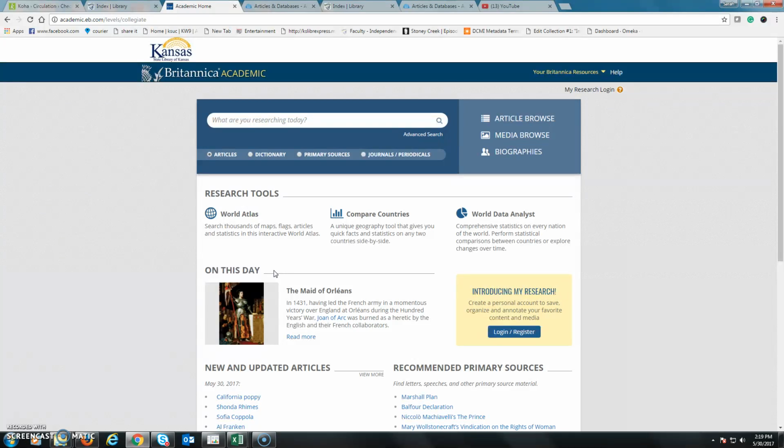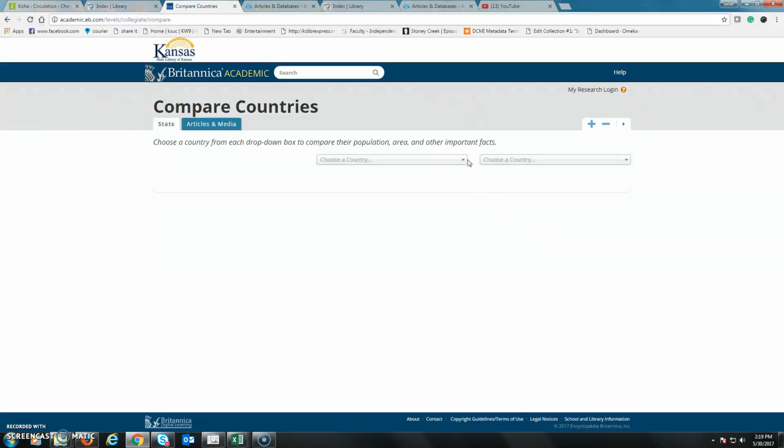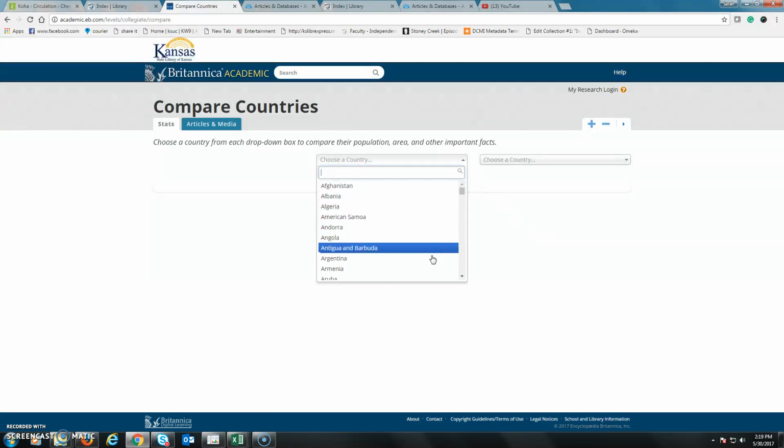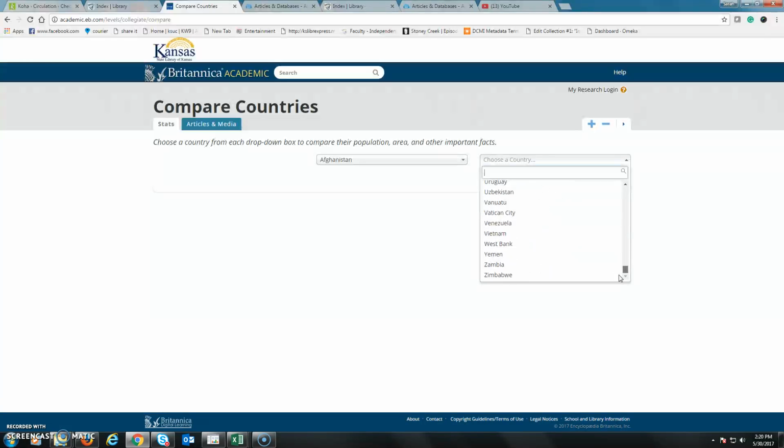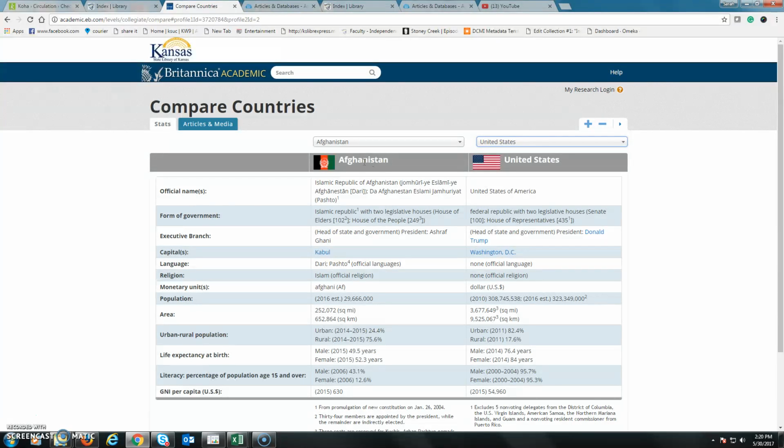Also, other things to look at on this page, there's a world atlas that includes maps, flags, articles, and statistics in the interactive atlas. These last two help you look at and compare countries through data. And you can look at two, it gives you facts side by side with countries. So you could do, let's do Afghanistan. And go down to the United States. Okay, so then you can compare